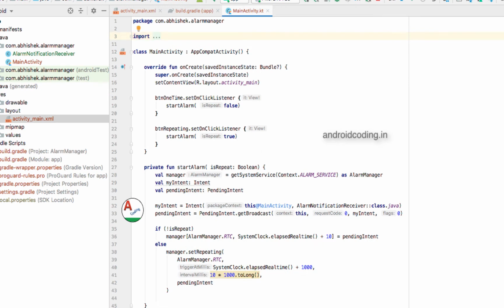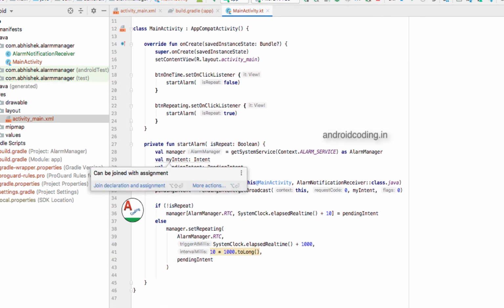So here we are making use of the alarm manager. The same way I said, the alarm you set to wake up in the morning, in the same way we are gonna set an alarm for that particular task to be done at a particular time. Here we are initializing an alarm manager and getting the object, and we are also creating an intent, and later on a pending intent.